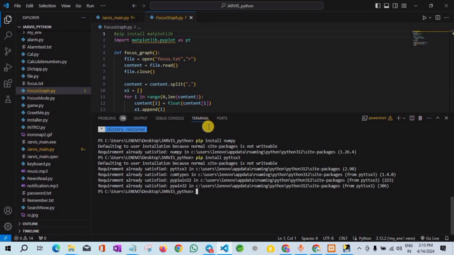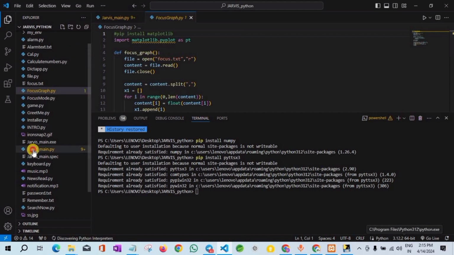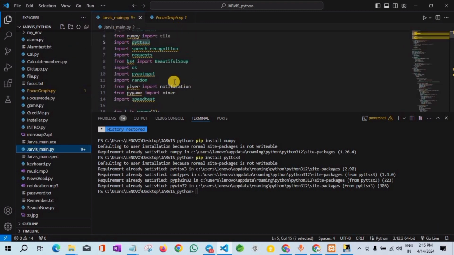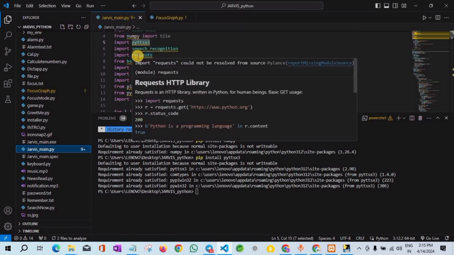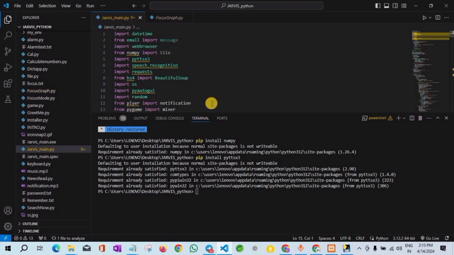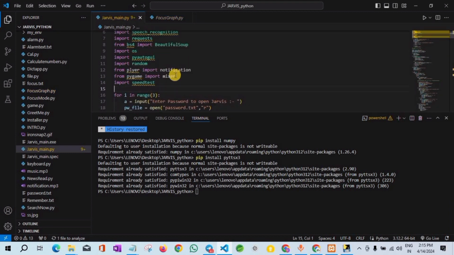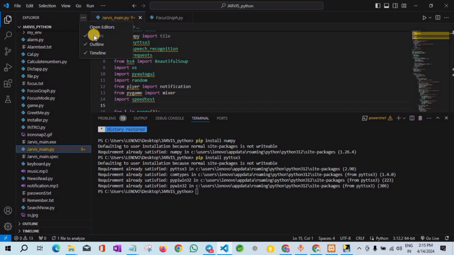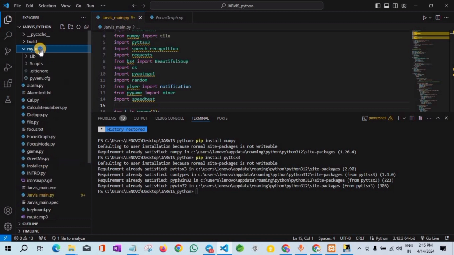So मैंने तो सारी चीज़ें install करके रखी है, तो हम यहाँ से basically क्या करेंगे, अपना global वाला select कर लेंगे, ठीक है। तो after installing, जैसे ही तुम सारी चीज़ें install कर लोगे, ठीक है, उसके बाद ये सारे errors तुम्हारे गायब हो जाएंगे, ठीक है। Let's wait for some time. अभी मैंने यहाँ पे अपना globally select किया है, इसका जो भी Python environment को हटाया अभी मैंने, then you will see here that सारे errors यहाँ से गायब हो जाएंगे, ठीक है, because अभी मैंने यहाँ पे वो कर दिया है, ठीक है।